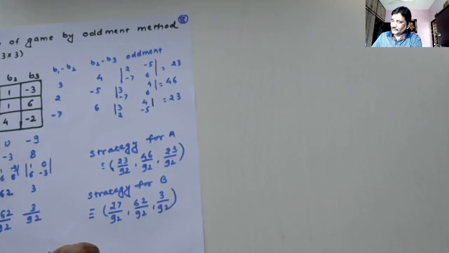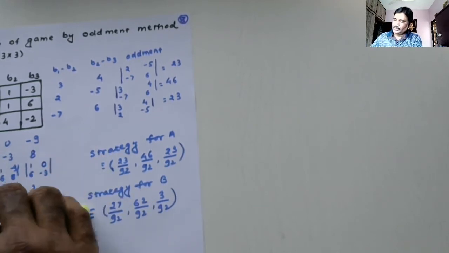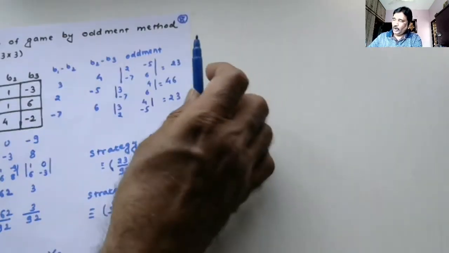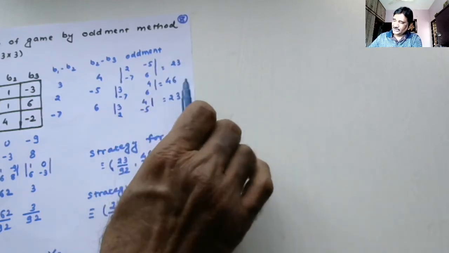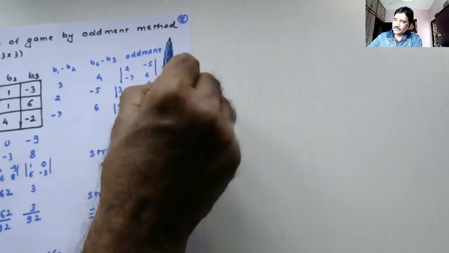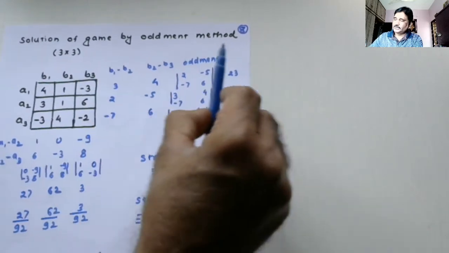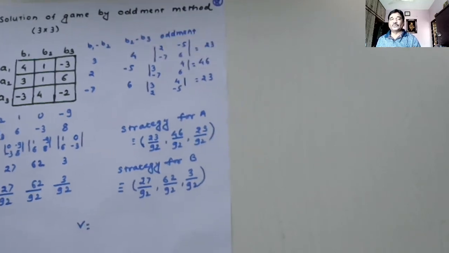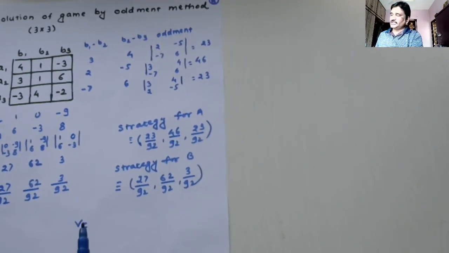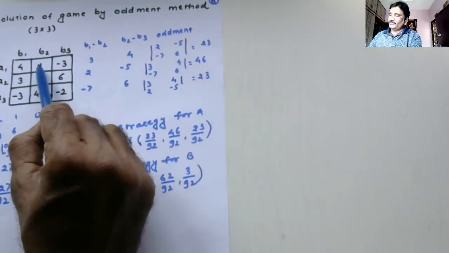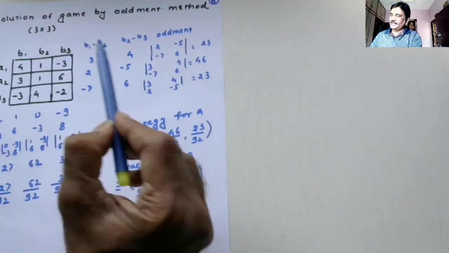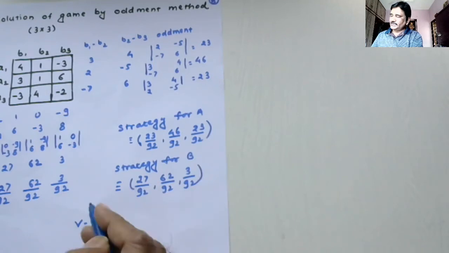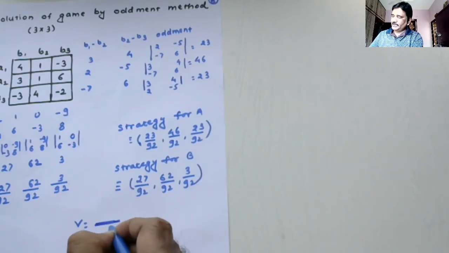And lastly, game value. Now you do the multiplication of this and this, first row, or 23 by 92, 46 by 92, 23 by 92 and this column, then that proportion multiplied by this column and that proportion multiplied by this column. In every case you will be getting the same value, same sum of the product. So do it just by any way. So 23 by 92 plus 46 by 92 plus 23 into 4. So what that comes to, 92 will be in the denominator.